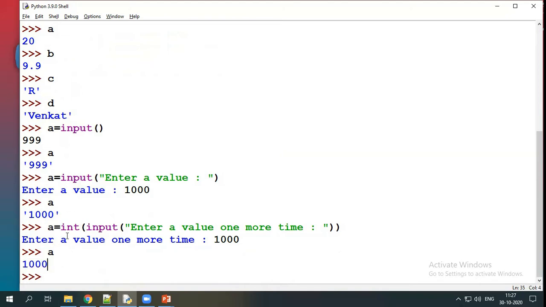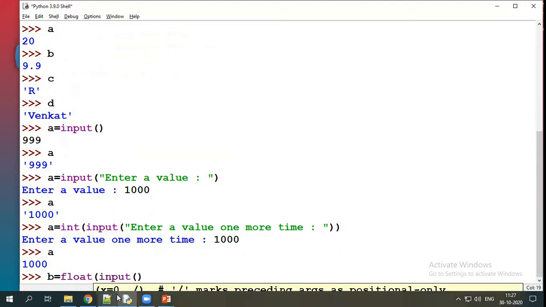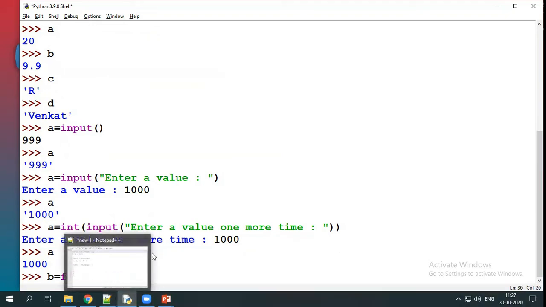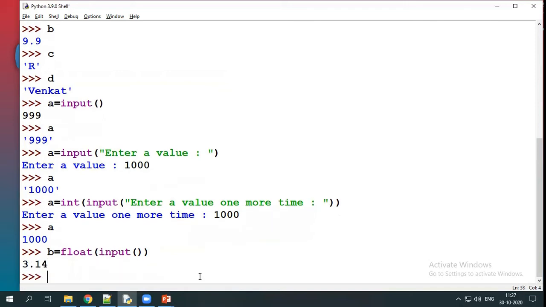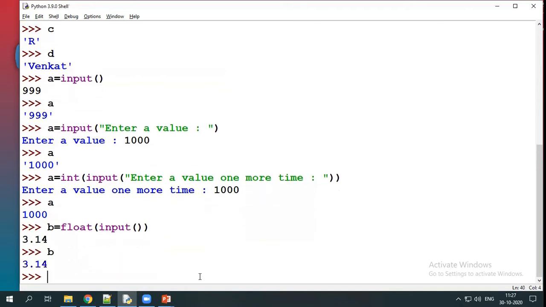Likewise, if you want to read a float value, similarly, for example, b is equal to float of input. The input function will read a string. After reading that string, it will be converted into float. Look at this, 3.14. Now b is equal to 3.14.